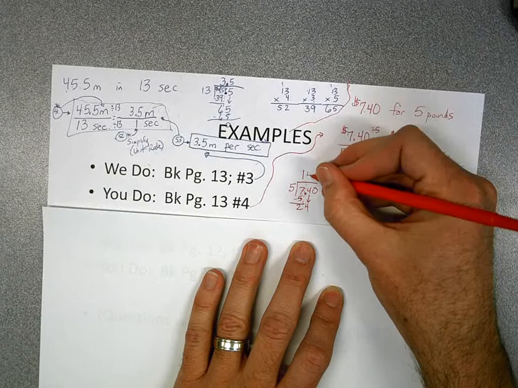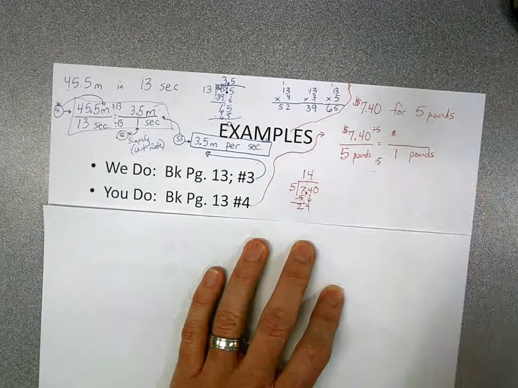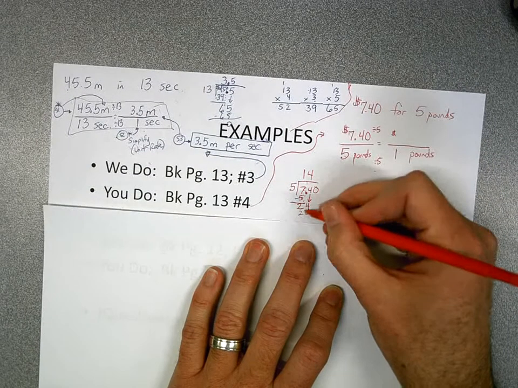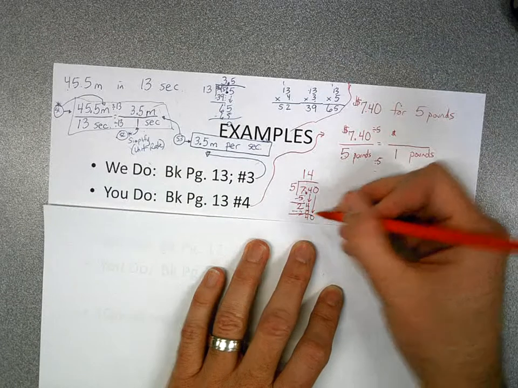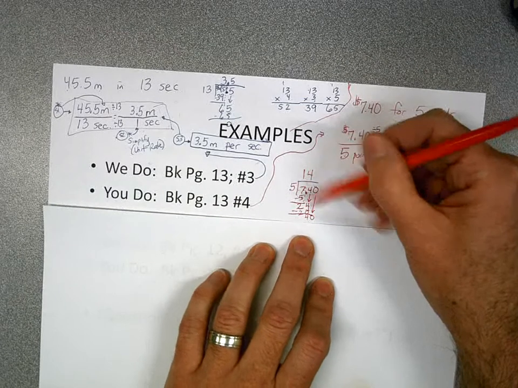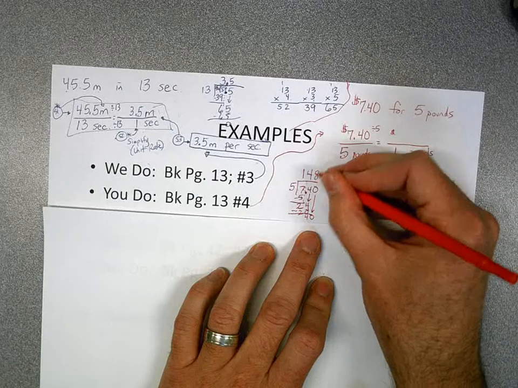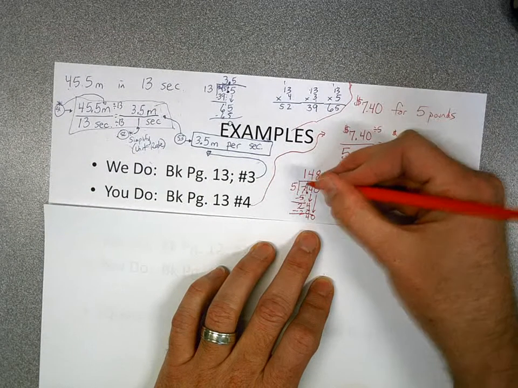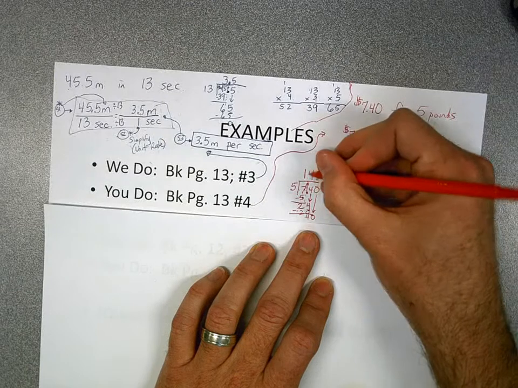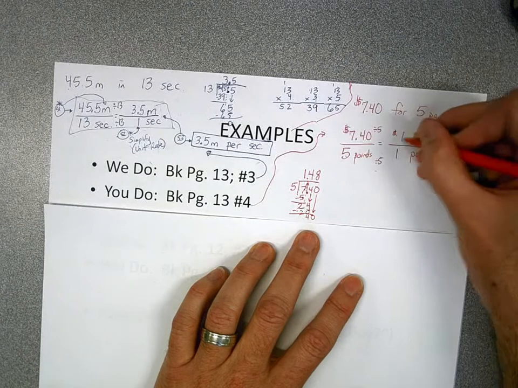I put the 4 over the 4 I just brought down. That gives us 20. When I subtract, I get 4. I bring my last digit down, and I like the way this looks because I know that 4 goes into 40 exactly 8 times. I've placed everything properly. I bring my decimal straight up, and I get 1.48,